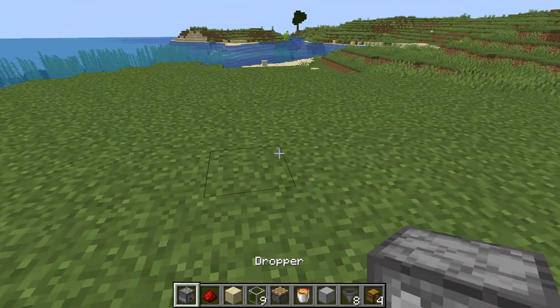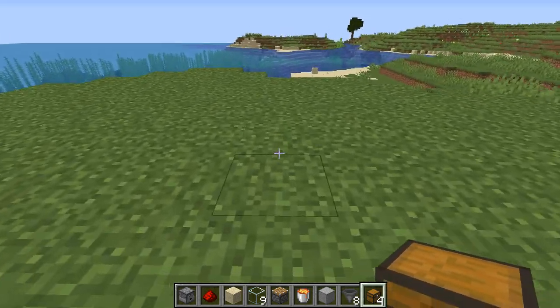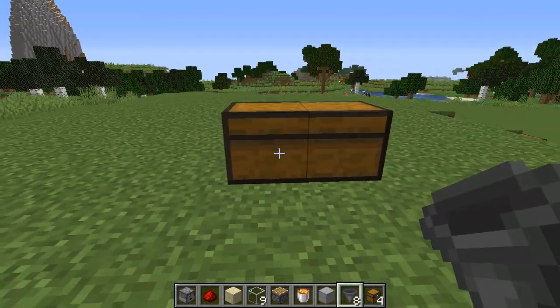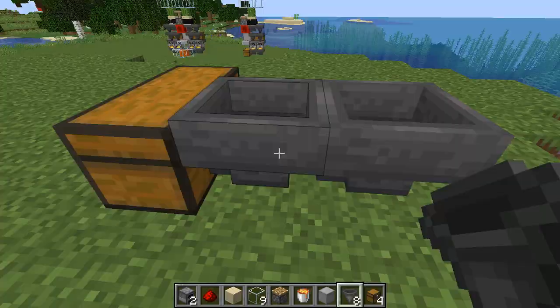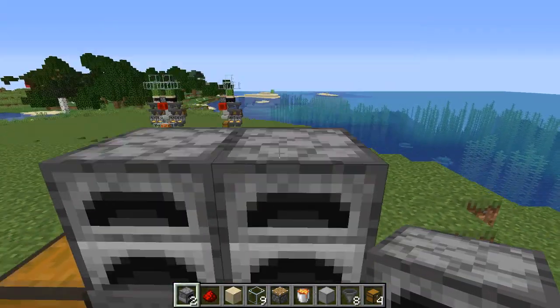And you want to start by grabbing your chest and make a double chest. And into that double chest, you want to take your hoppers, and you want to point your hoppers into that chest and then into that hopper. We're going to take our furnaces and put them on top of those two hoppers,